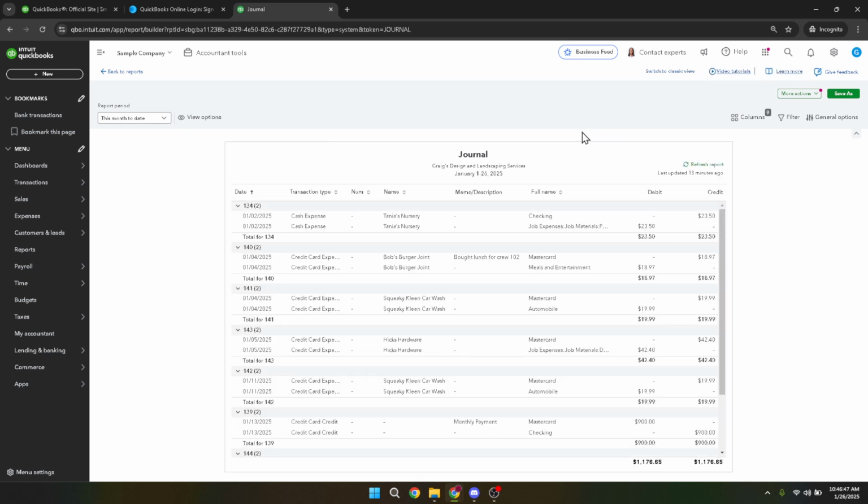Now take a moment to scroll through the journal entries and select the one you wish to edit. Click on the entry to open it up. Don't worry if you need to look through a few entries to find the right one. The structure allows for easy navigation so you can quickly locate your target. After selecting the desired journal entry, you can now proceed with performing the necessary edits.